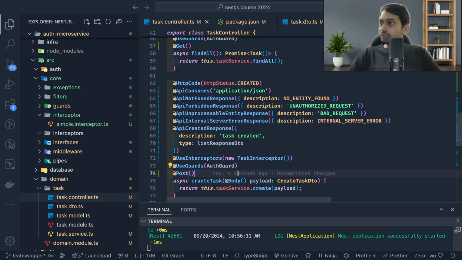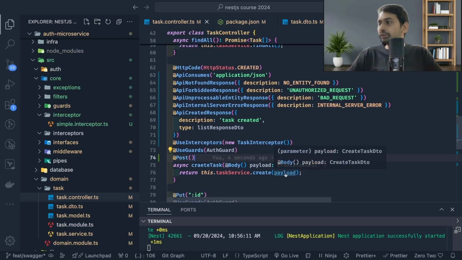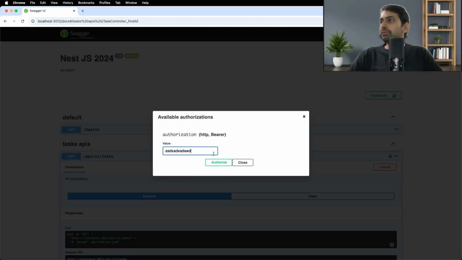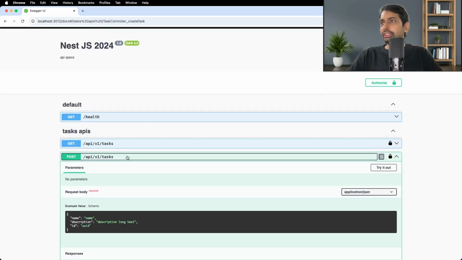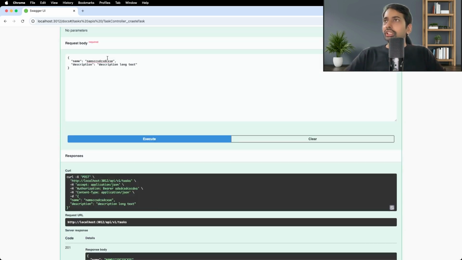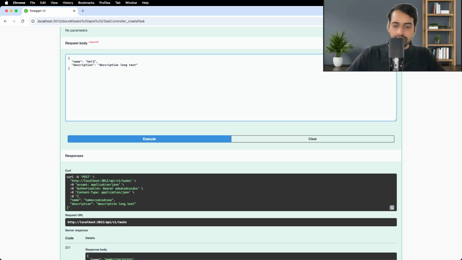Now we can also try to play with this. I mean, in the payload, the name should be uppercase automatically. So here first provide some token, a dummy token, and then call the create task method. So here, let's say I'm passing the name, let's say hello,